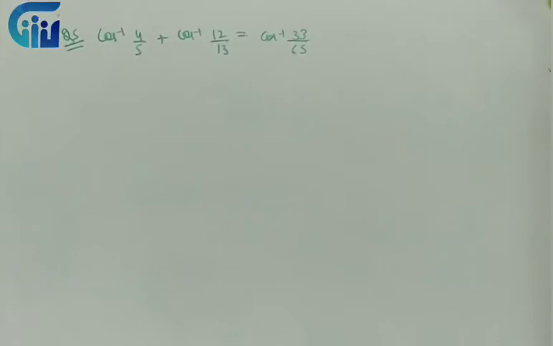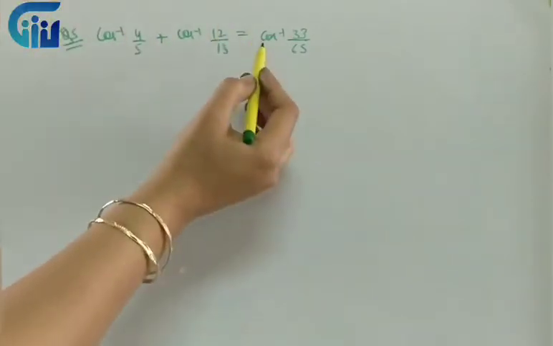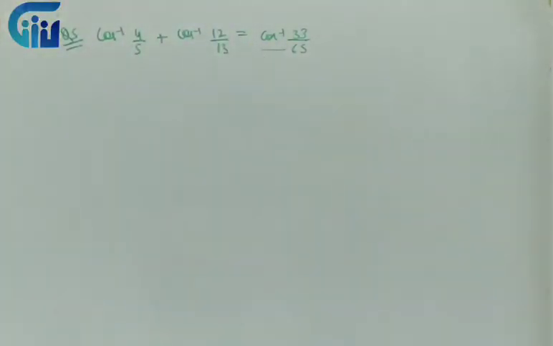So question number 5 of the miscellaneous exercise. Now what do we observe? Instead of tan or sin, all the terms are of cos. So I will do it by a slightly different method. Just try to observe what is the difference over here. Since the right hand side is cos inverse, had it been tan inverse, I would have changed to tan inverse and then applied the formula. Even if I change to tan inverse, the final answer will be in terms of tan. Then again I have to change it to cos. So a couple of steps will be required.